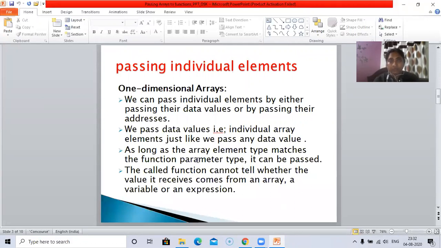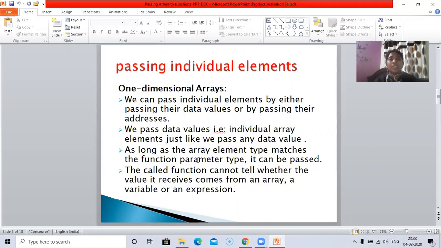Coming to one-dimensional arrays. Separately, there are two types of arrays: one-dimensional arrays and two-dimensional arrays. In both cases, we'll see how a one-dimensional array individually will be passed to the called function, and how the entire array will be passed from the calling function to the called function.